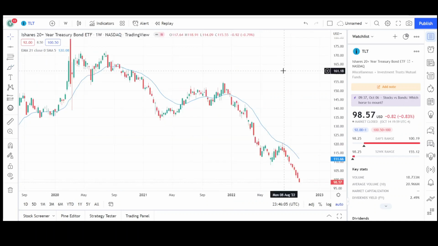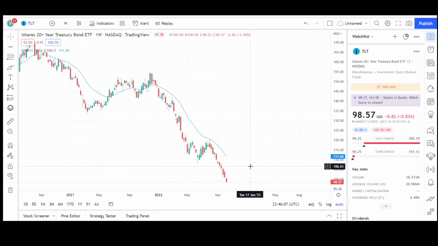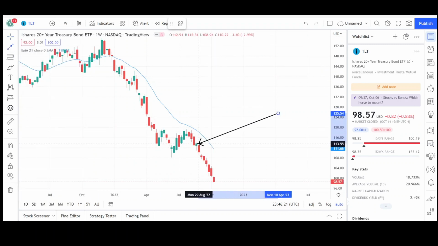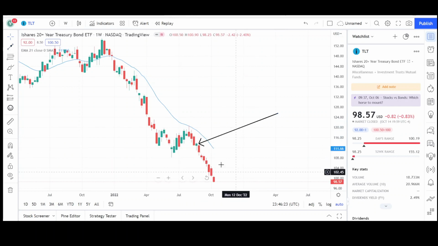So here we have the weekly chart for TLT, and again, since August 1st, there has only been one green week, meaning every week since August 1st, we've been dropping in price, and you can see all the red bars. A very bloody stock this TLT is. You can see there's only one green candle since pretty much August 1st, and most likely can continue the same